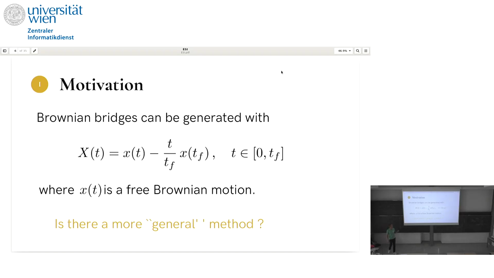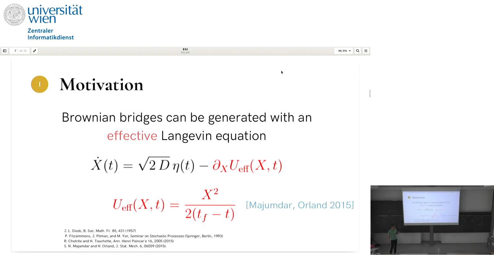Now, this construction is somehow fortuitous, and it happens only for the Brownian bridge, and so we can ask a more general question: is there a more general method to generate such constrained processes? This was a question asked by Doob, a mathematician, who found the Doob formula. And more recently, this was highlighted more from a physics point of view by Satya and Henri,